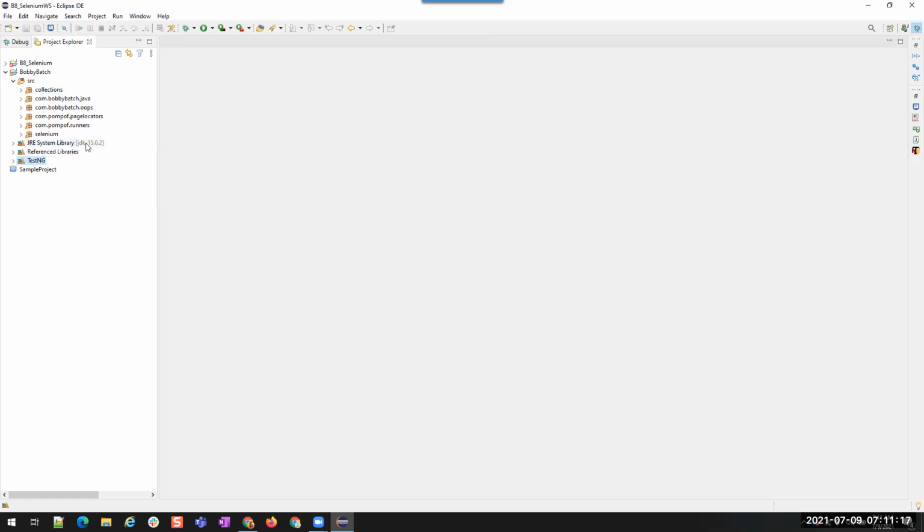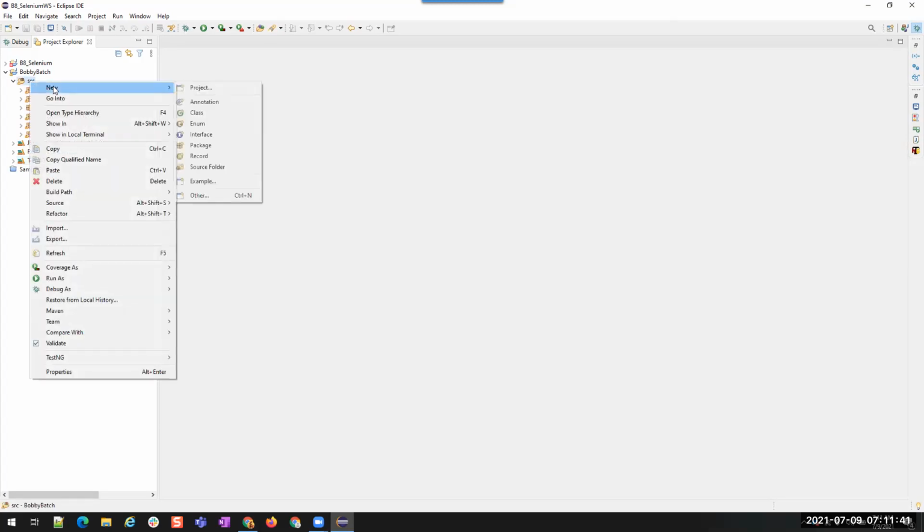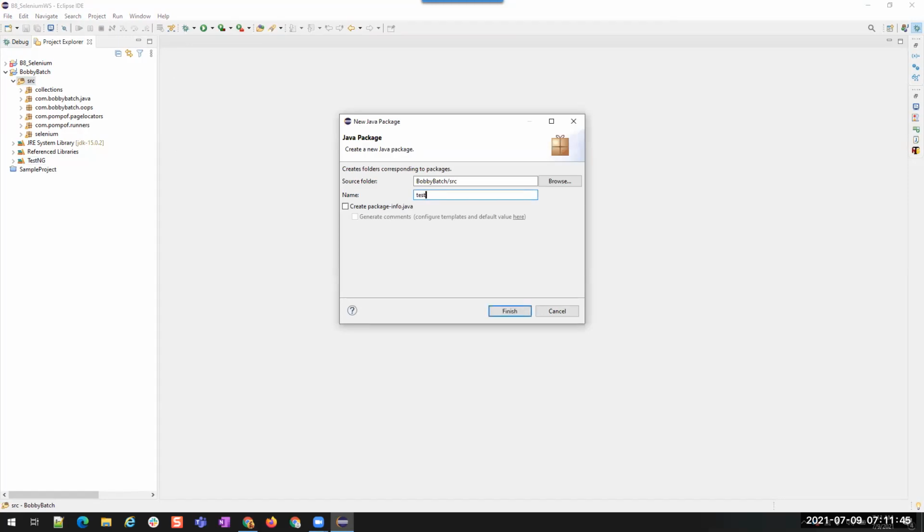Now let us see writing test cases, or writing test-wise automation using TestNG. The first thing that we have to know is to understand the behavior of the annotations. So let us write a small class to understand the execution behavior of TestNG classes. For that I'm going to create a new package, and call it testng.